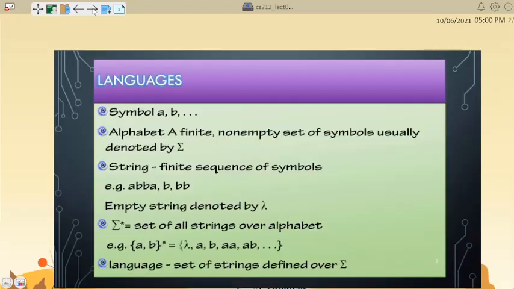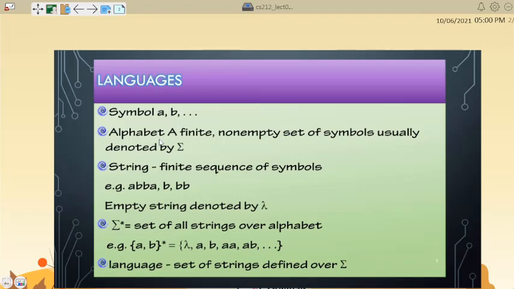Okay, this is CS212, the programming language course. We're going to be talking about languages. A language is composed of symbols. A symbol can be any